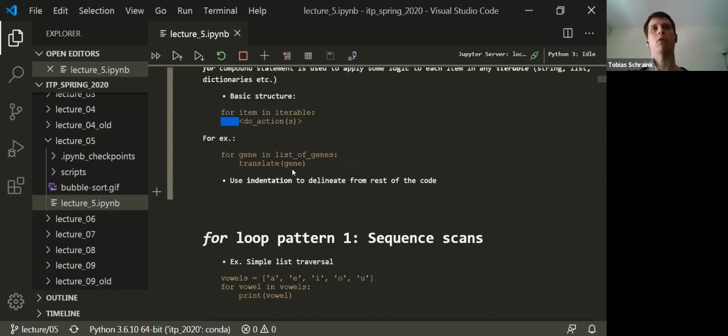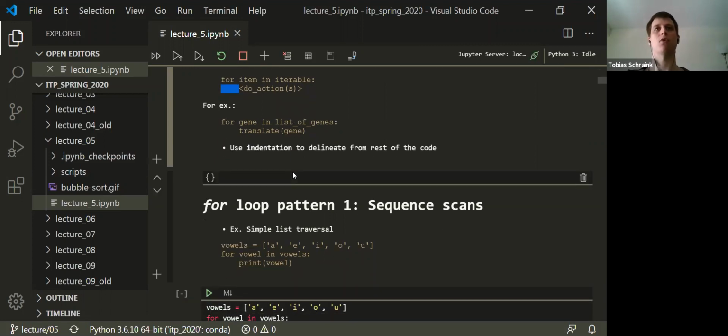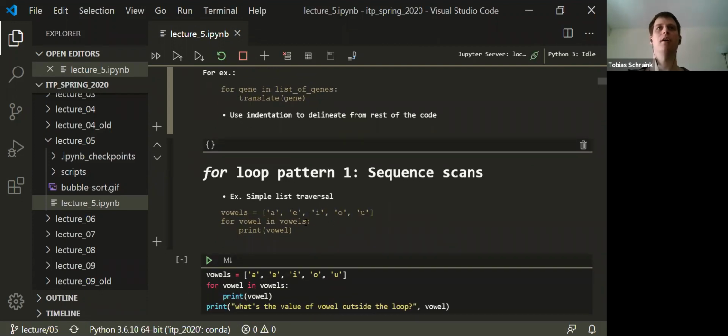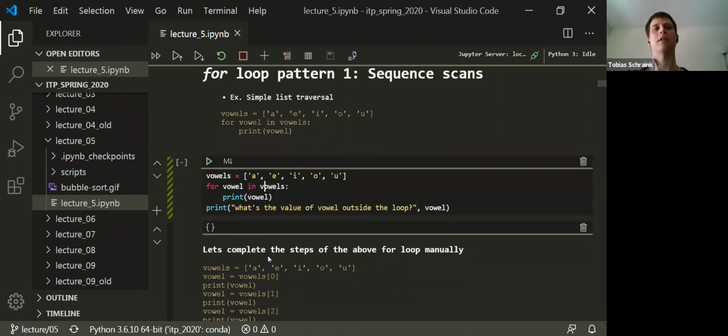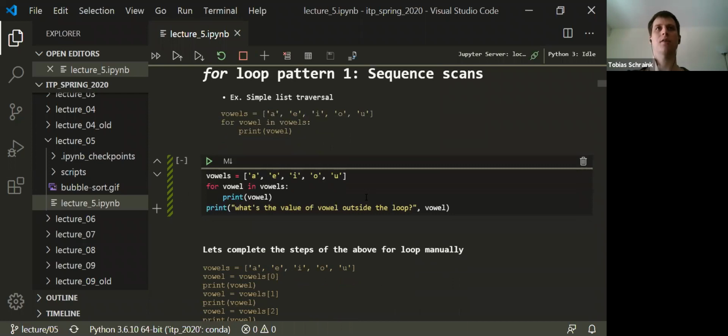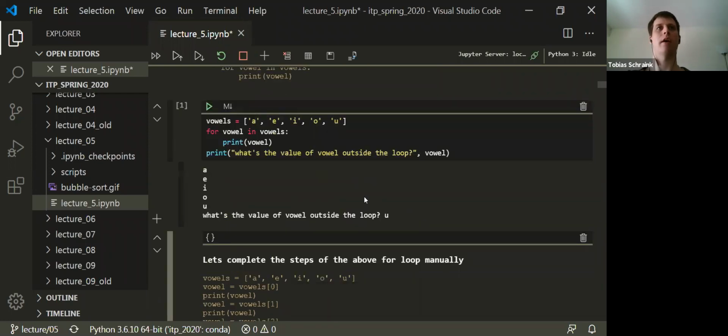The Python code for that would look something like this. And so let's just get right into it. Let's say we have a list of vowels and we want to print each of the vowels in this list. So we say for vowel in vowels, print vowel, and I've already neatly copied that in here, right? And so we can just execute that here, and Jupyter loads, nice, and you can see that basically it goes through the list and it prints each of